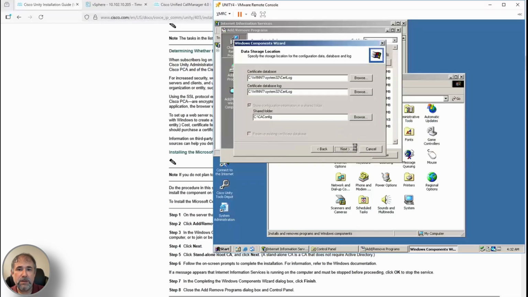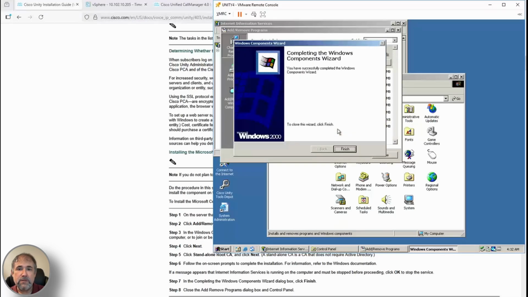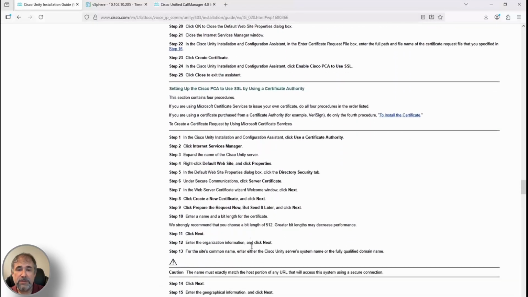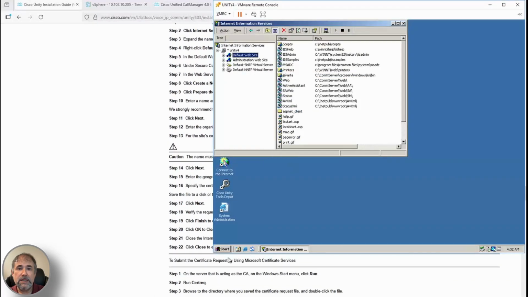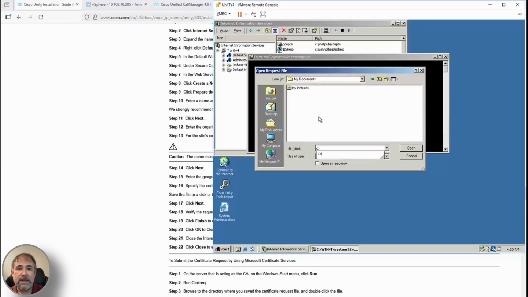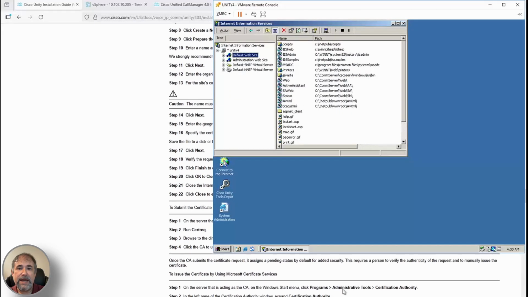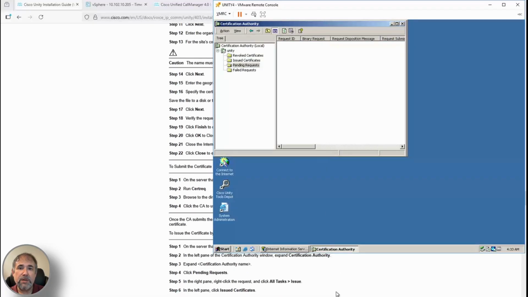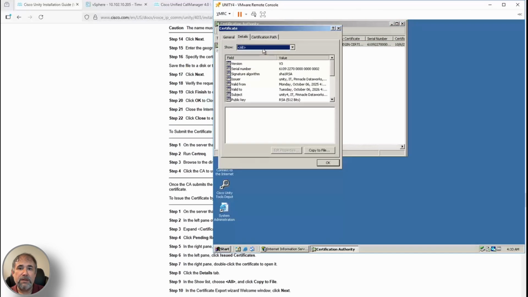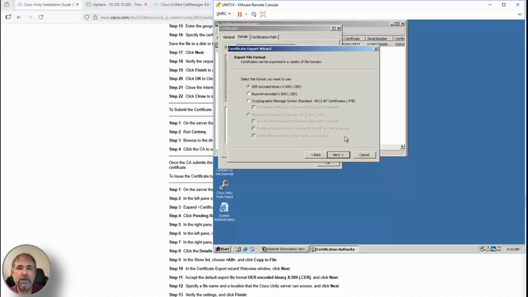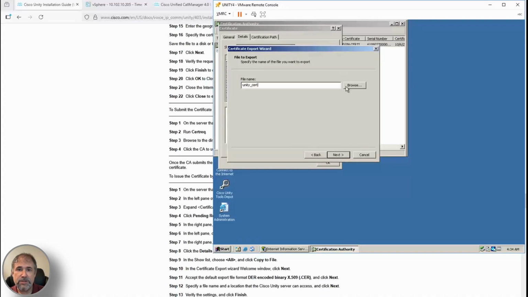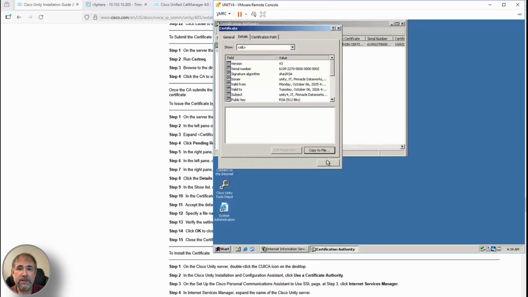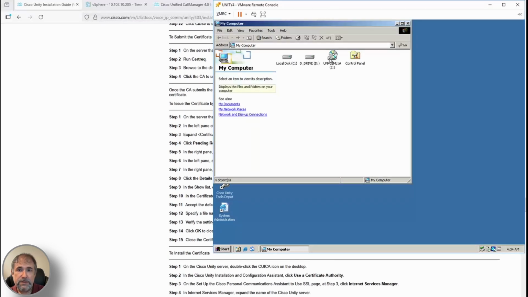This is my lab box, so whatever. And we will install Microsoft Certificate Services. Now, again, just going through this, confirming what to do next. So we saved a cert request file. We will load that, and then we have to go in here. We see the pending cert. We approve it. We confirm that it looks good, and then we export it because we'll need to use it elsewhere. So we're just going to call that Unity cert. We're going to save it in C drive, the root, and then we can easily get to it later. Okay, so now